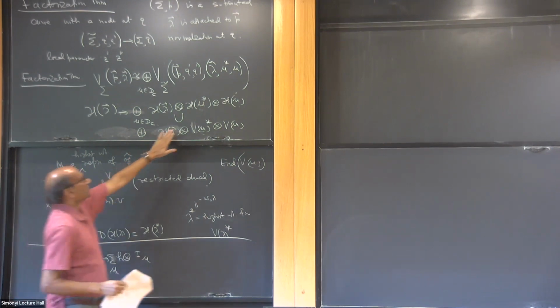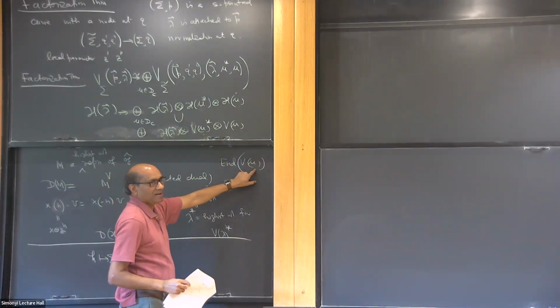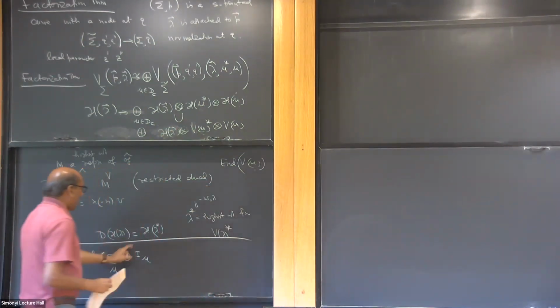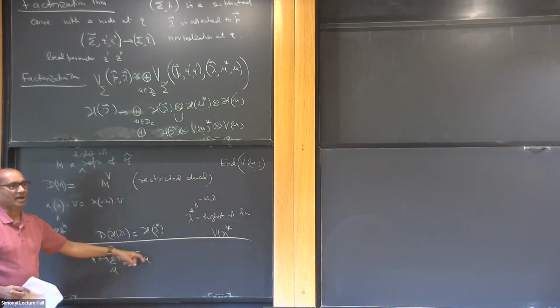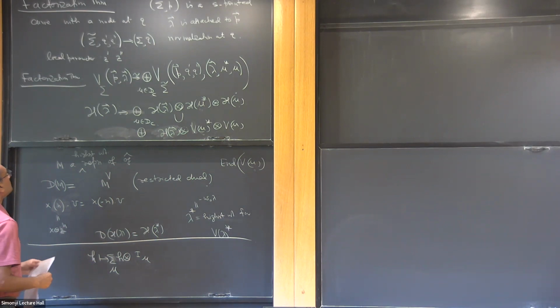So v mu star tensor v mu is nothing but end of v mu, and I take the identity element there, x going to x. So this is the map. Now this map factors through this one, and the reason is that